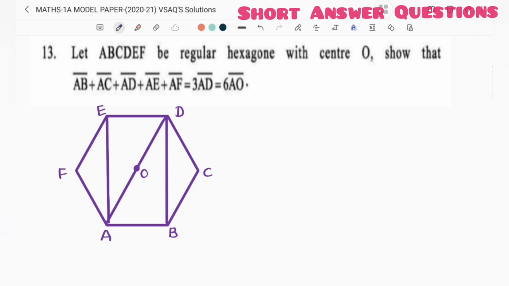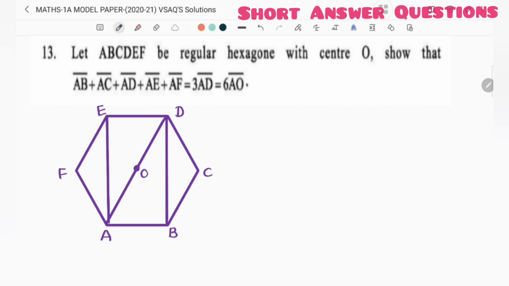Here you have to remember, dear students, regular hexagon means all the sides are equal. That means AB is equal to BC is equal to CD is equal to DE, DE is equal to EF, EF is equal to AF. All the sides are equal, you remember. And here we are going to apply triangular law of vectors. So first consider given,